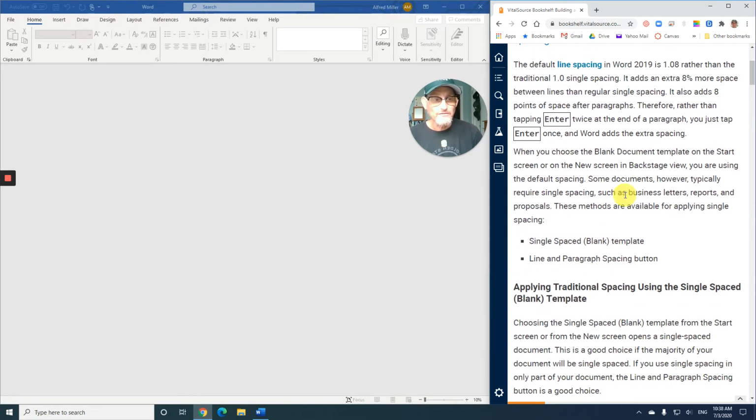Spacing in letters: the default line spacing in Word 2019 is 1.08 rather than the traditional 1.0 single spacing. It adds an extra 8% more space between lines than regular single spacing. It also adds 8 points of space after paragraphs. Therefore, rather than tapping enter twice at the end of a paragraph, you tap enter once and Word adds the